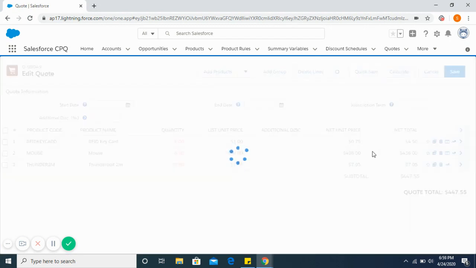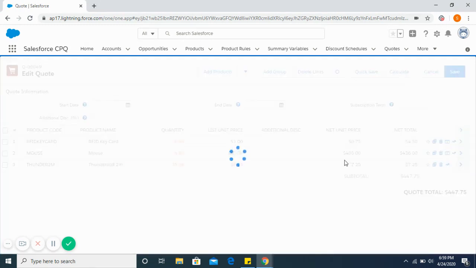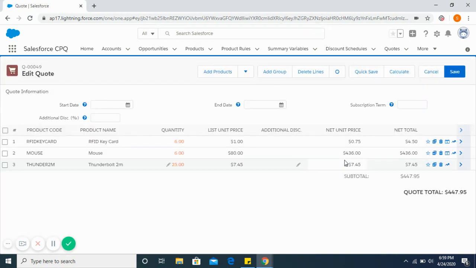It will be 21 minus 16 into 0.05 plus 7. So 7.25. Lastly, you change it to 25. It's going to be 25 minus 16, that is 9, into 0.05, that is 0.45, plus 7, that is 7.45.